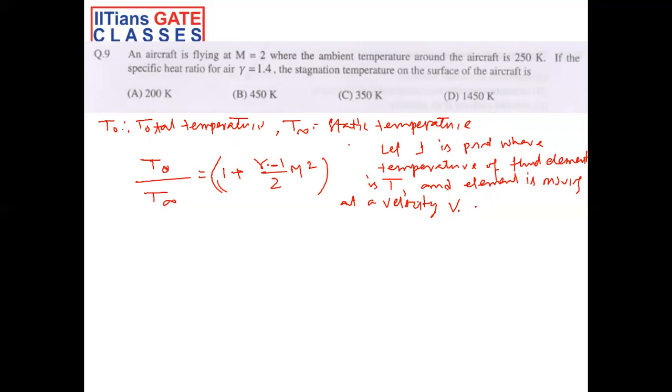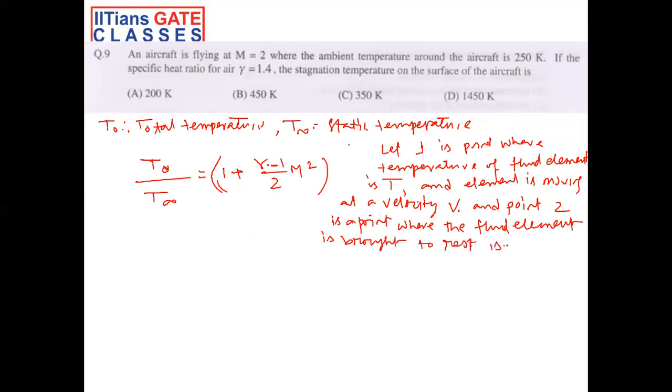Okay, so point 2 is a point where the fluid element is brought to rest isentropically. Hence the temperature at point 2